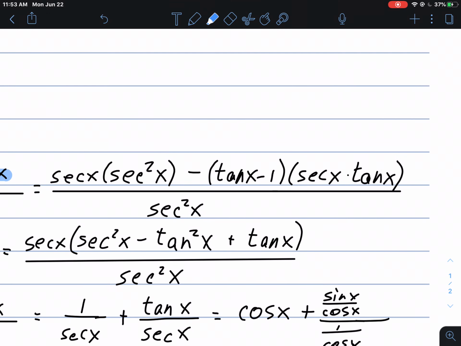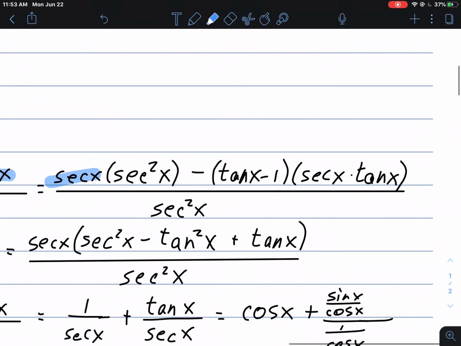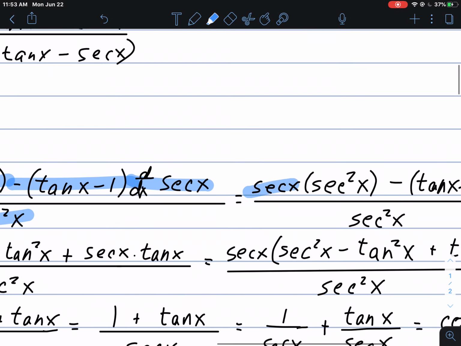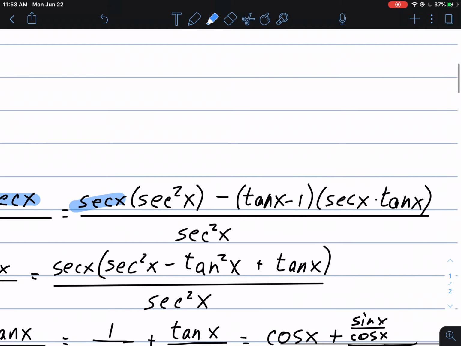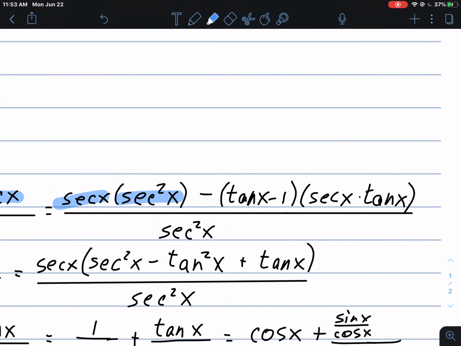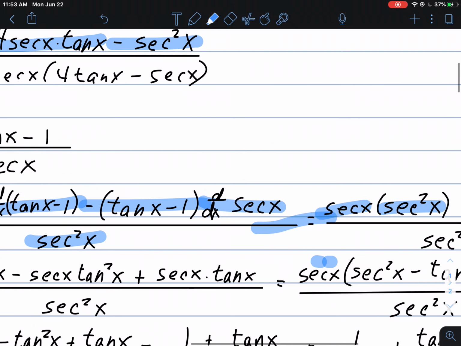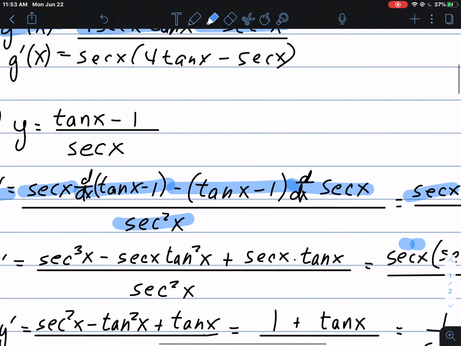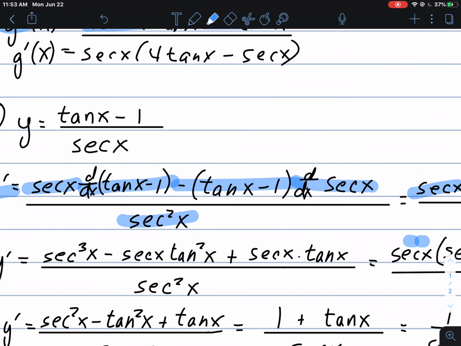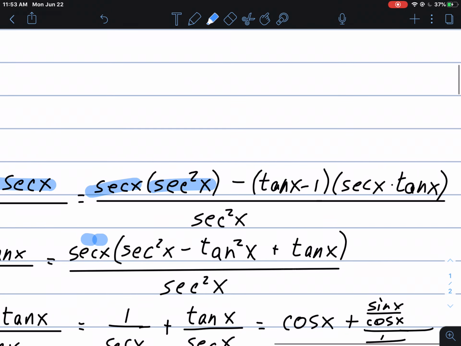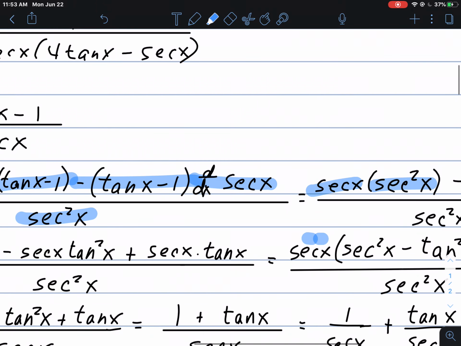there's the secant x times the derivative of tan x minus 1. The derivative of tangent is secant squared. And then remember the derivative of 1 is 0. All right, so that's our derivative of tan x minus 1, which would be secant squared minus 0, or just secant squared. Then we have the minus